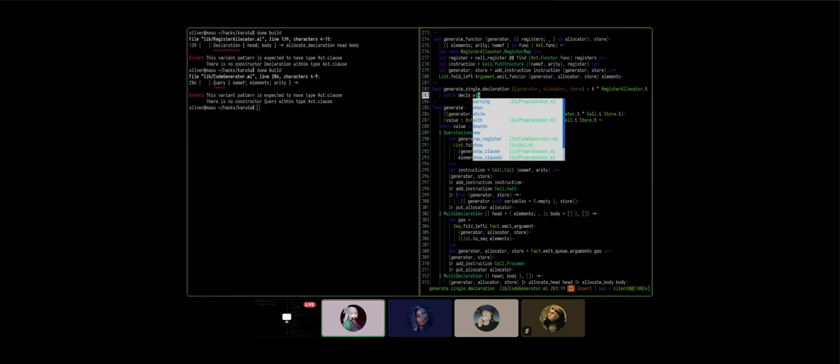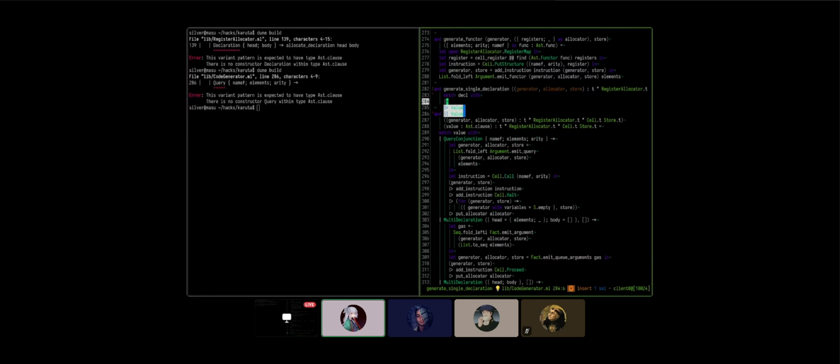Match decal with, not decals plural, singular. Just copy paste from down there. Right, if we have this case, then we do this.